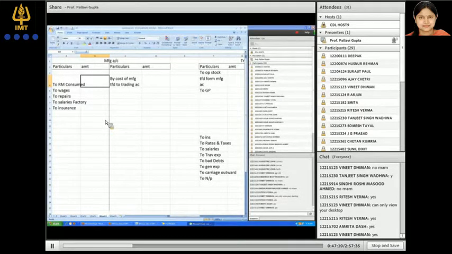The trial balance is totaling 3,16,000, and below the trial balance they have given you closing stock of raw material and finished goods, and they have asked you to prepare the manufacturing account, trading account, profit and loss account